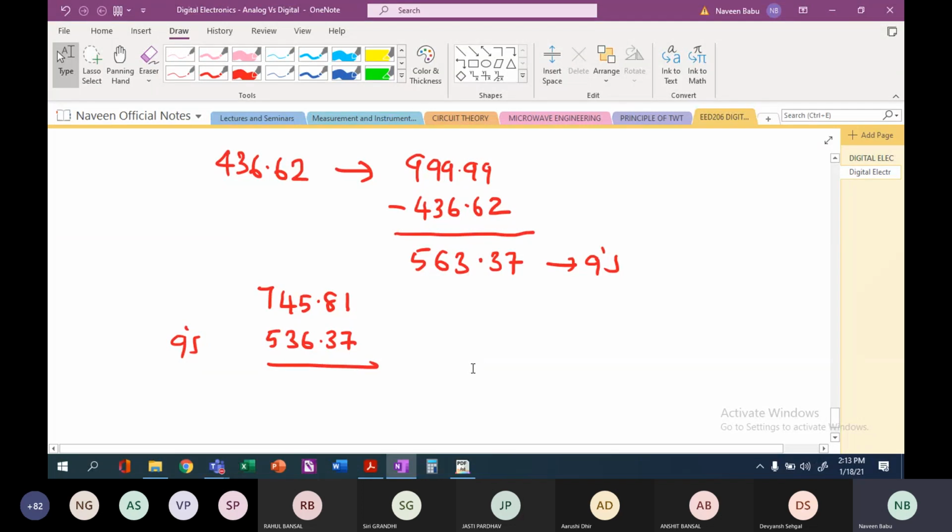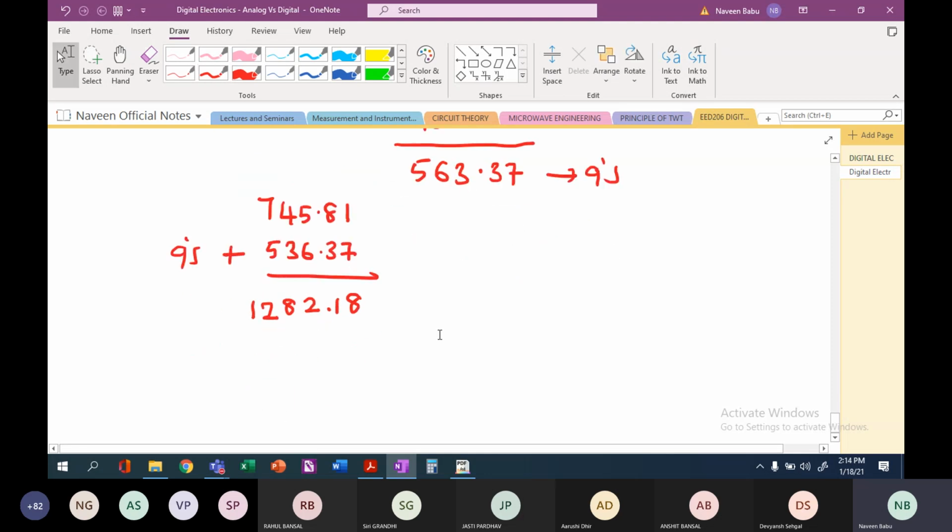All right. Now I have to add it. If I add it, what will be the number? It will be 8, 1, remainder 1, it will be dot 12, and then remainder 1, 8, and then it is 12. 128.18. Now we are having only 3 digits here. We are getting a carry here. So what we need to do whenever we are getting a carry here is,